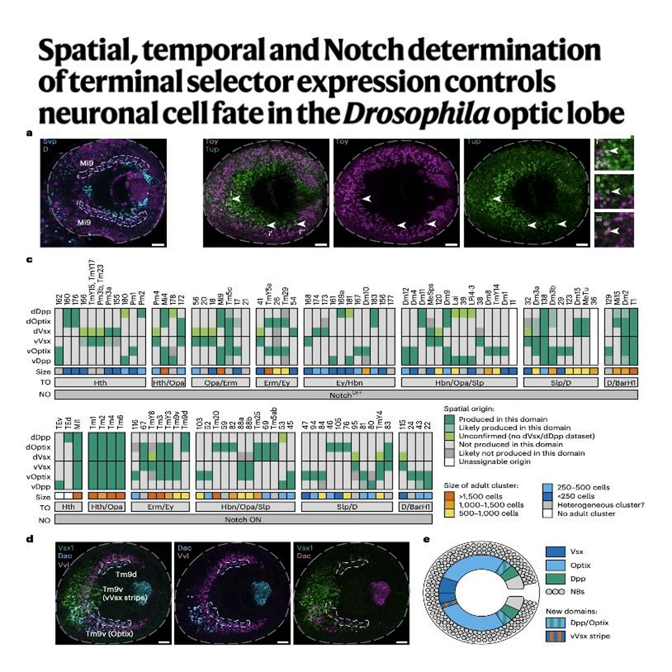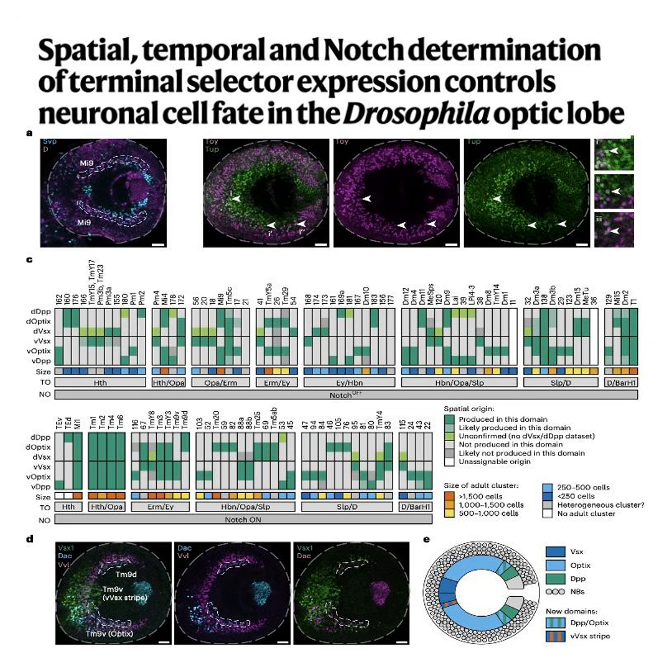We can use a mnemonic here. The space-time switch coordinate system, space for the spatial domain where you were born, time for the temporal window when you were born, and switch for your binary notch status. And if you think about it, the permutations are mathematically staggering. I mean, intersecting multiple spatial domains with multiple temporal windows, and then multiplying all that by 2 for the notch switch. It's huge. It generates a grid capable of producing incredible neuronal diversity from a very simple set of overlapping